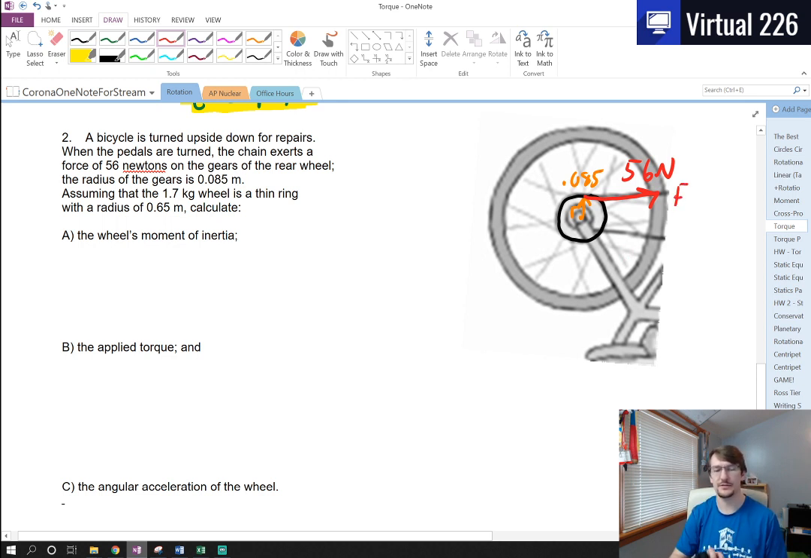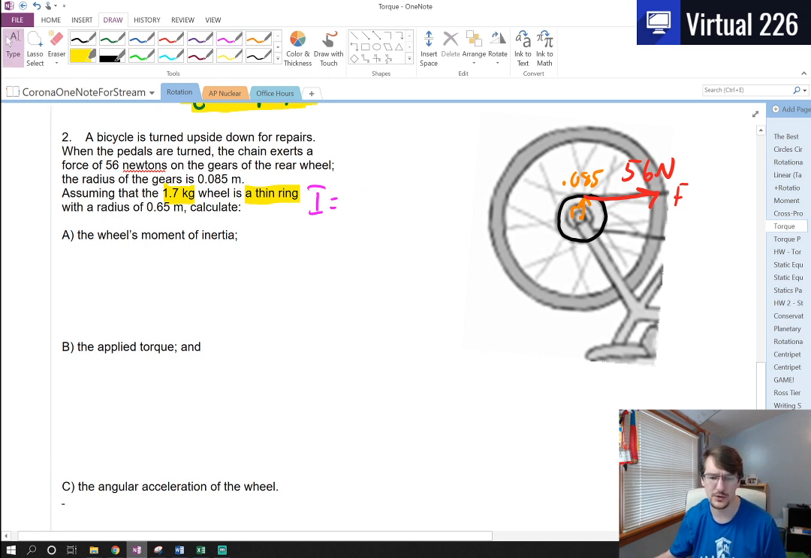So if we think about this from the right-hand rule, I can imagine how this bike wheel is going to spin. That means my torque is kind of going into the page here. I can see that my R and F values are perpendicular from each other. What we can also do is we need to figure out the wheel's moment of inertia. We know the wheel has a mass of 1.7 kilograms of a thin ring. And a thin ring, if we go check our best friend, it has a moment of inertia of, I think